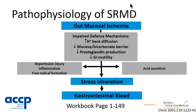The pathophysiology of GI bleeding as it relates to stress-related mucosal damage is multifactorial, and in fact, this pathway is not very well understood. We think the primary mechanism, though, is a decrease in splanchnic perfusion, and that leads to the gastrointestinal bleeding. However, there are a number of other factors in the gray boxes that may contribute, and some of these include